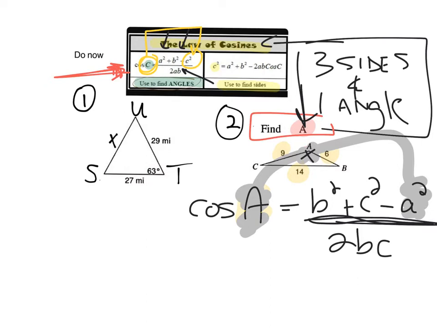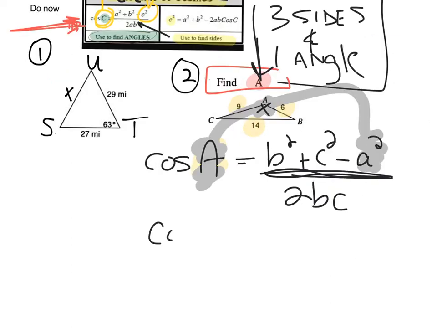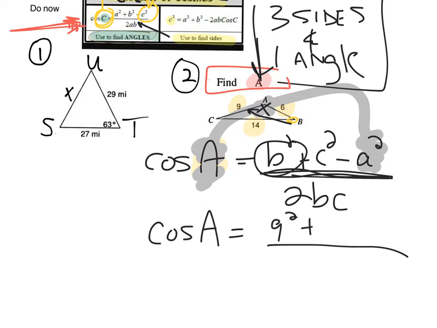So here I'm going to have the cosine of A equals, now I'm going to have B squared. So angle B is down below, so B is going to be 9. So I'm going to have 9 squared plus C squared. Well, angle C is off to the left, so little c is on the right, so that's going to be 6 squared minus A squared. Well, angle A is up top, so side A. So A squared is going to be 14 squared all over 2 times B times C, 2 times 9 times